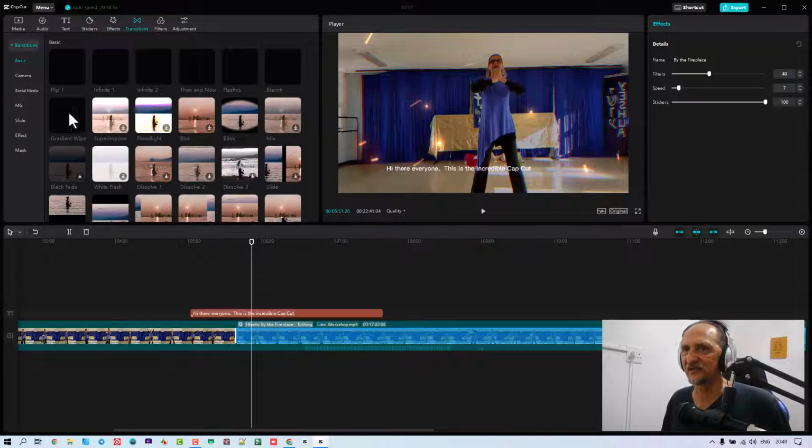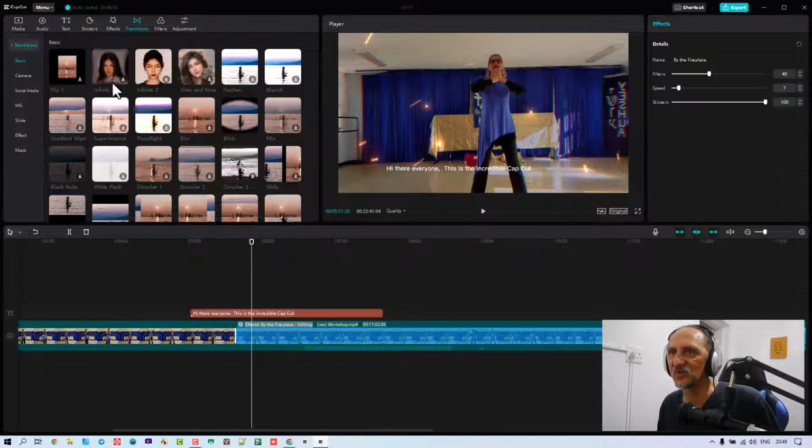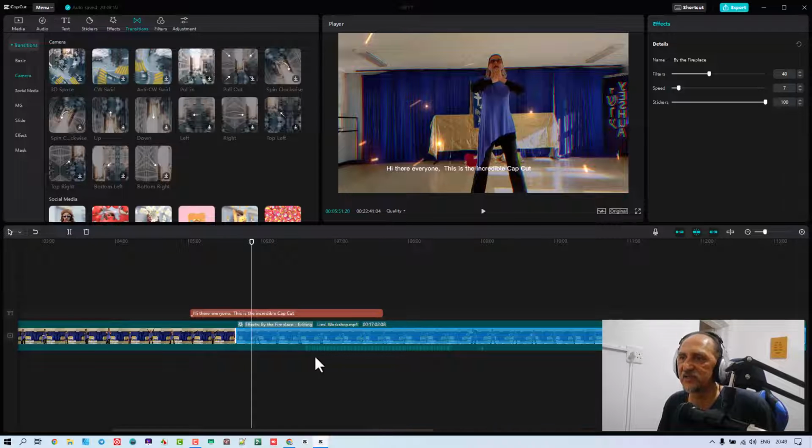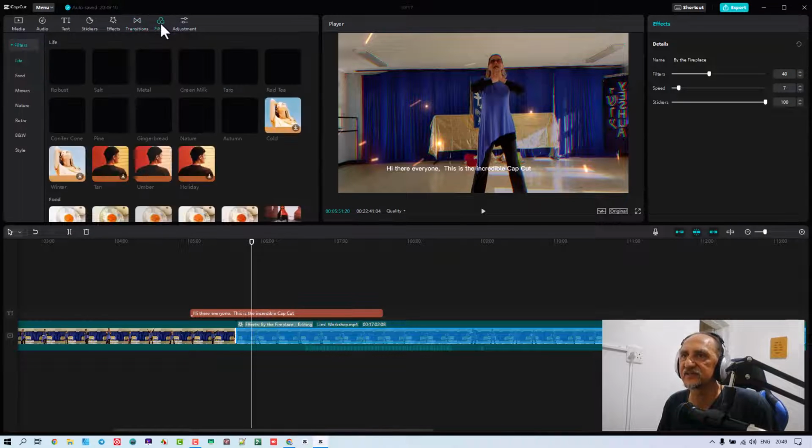Transitions, okay, that says it for itself. There's all the transitions, and they're in categories. So that's the transitions that will happen between an A and a B, you know, if you have a split over there. Filters,